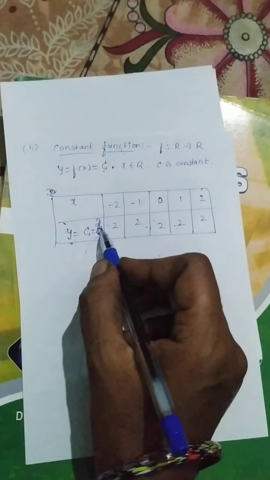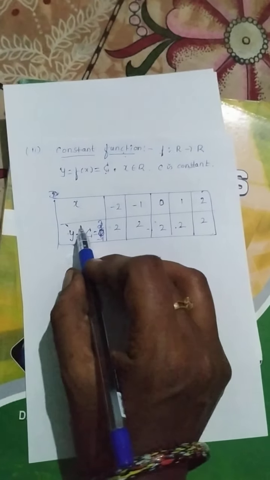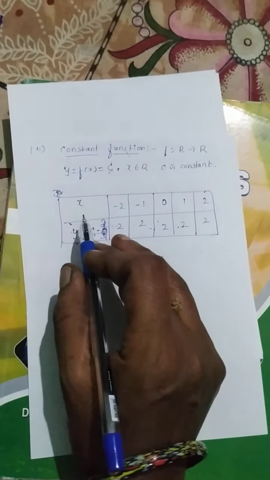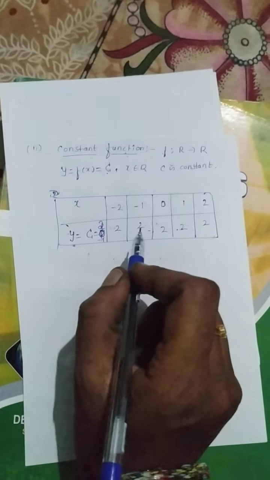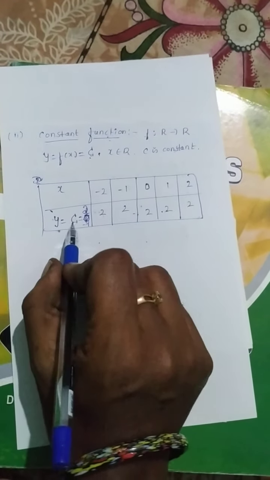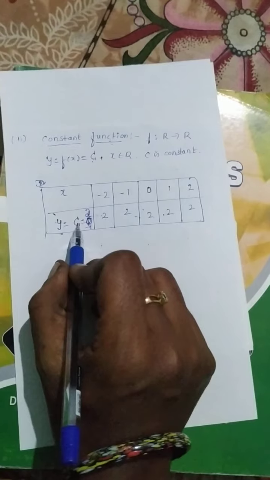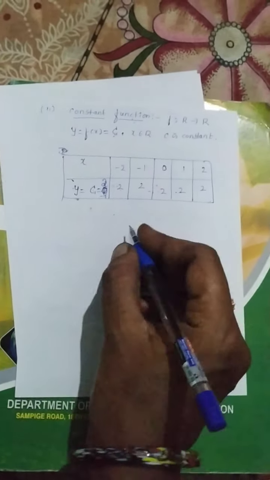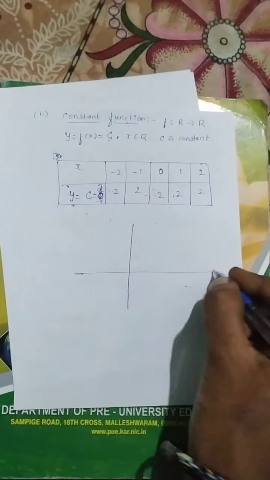Sometimes they'll mention it in the question itself. Define a constant function and the function is 3, or the function is 4. They'll mention it. Okay, you need to read the question properly. Sometimes they'll give you the constant value. In that case you need to take that value only. Okay, so now the graph will be,